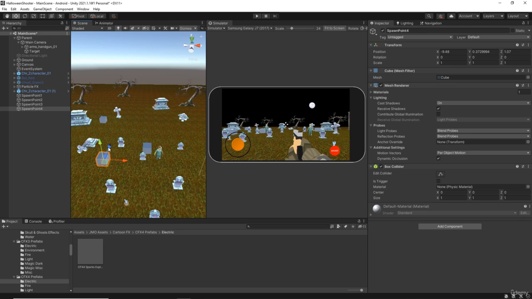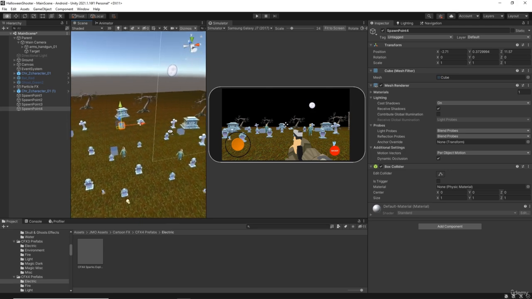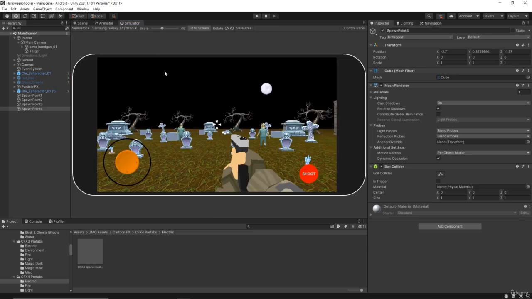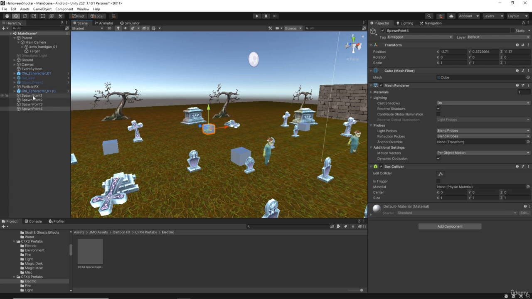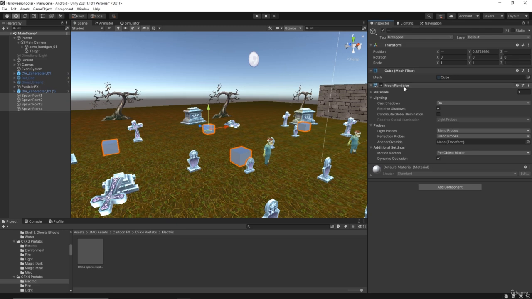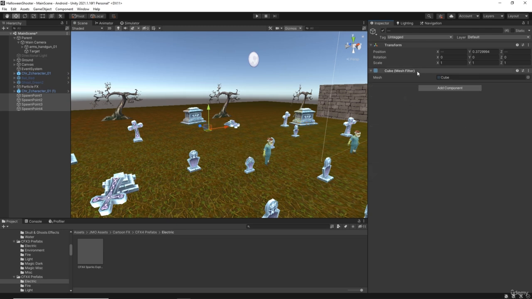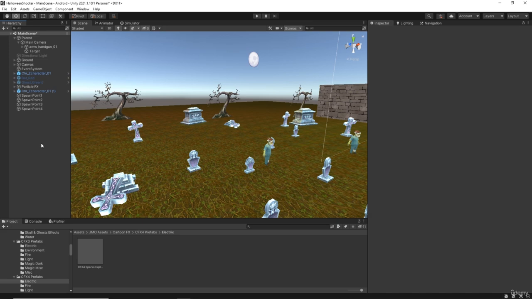This one's good. This one's probably too close actually. So I might have this one kind of spawn even further back, all the way over here. Gives you time to actually react then. Yep. Okay, I think that's fine. Now obviously I don't want to see these spawn points. They only exist as transforms. So I'm just going to take all 4 of them, right click and remove the box collider, right click and remove the mesh renderer. Don't even need a mesh filter, I can right click and remove that. All I'm interested in is their positions. Okay, so that's fine. So now in the script